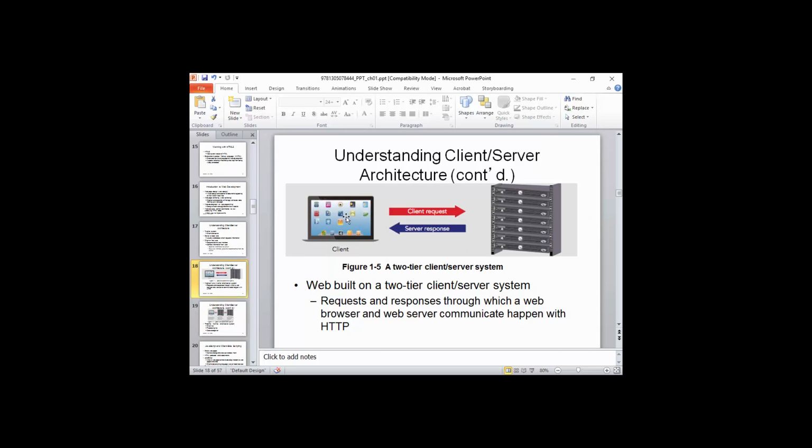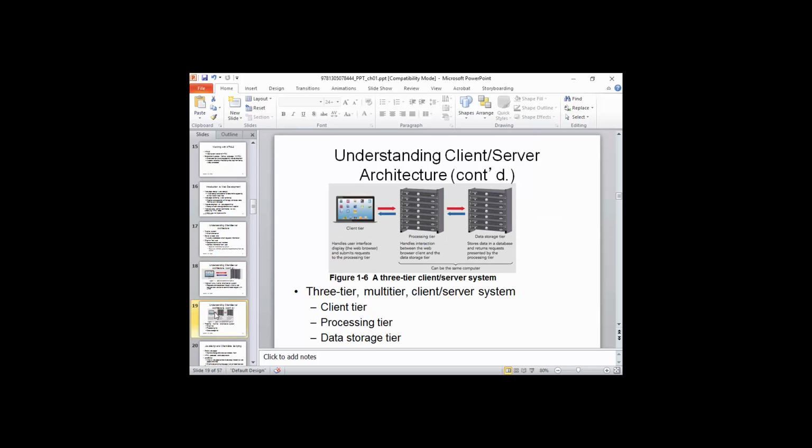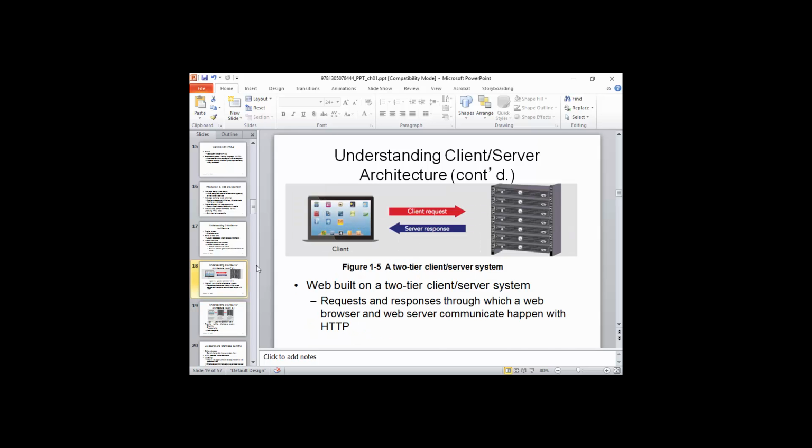Okay, basic. The client says, give me a web page, and the server responds with that web page. It's actually a little bit more complex than that because your client would ask the processing tier. The processing tier, this is where your C# code would run. This is where your Java code would run. The data storage tier, this is an important picture because this picture